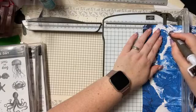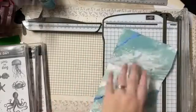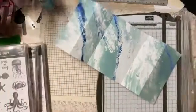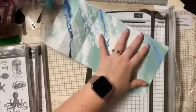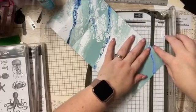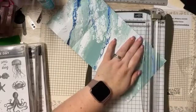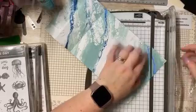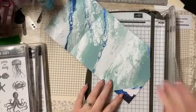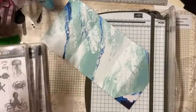And mark this one as well. So then what we want to do is with those marks that we've made, you want to line them. I'm just going to put that arm back in so I've got some room. You want to line up the mark in the score line with the mark that you've made on that paper, and chop that off. Chop. Don't throw these bits away. Because that's going to come down here and stick on that. So I'm going to stick this down straight away because I don't want to lose it and I don't want